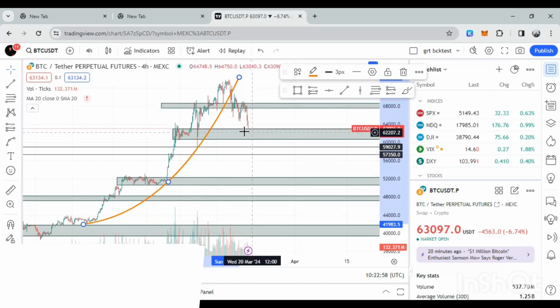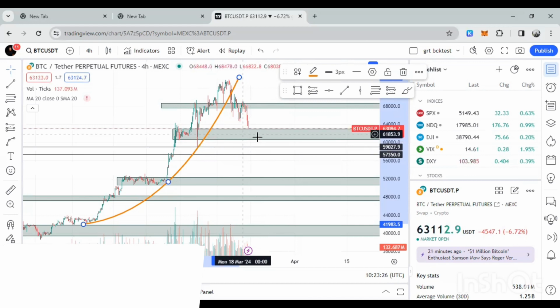We are presently retesting a support zone, and we were able to hold on to this support zone of between $63,000 to about $60,882 thereabouts, which is the bottom of this support zone. We also have the extreme edge here that created support for it at $58,929. So these are possible scenarios.